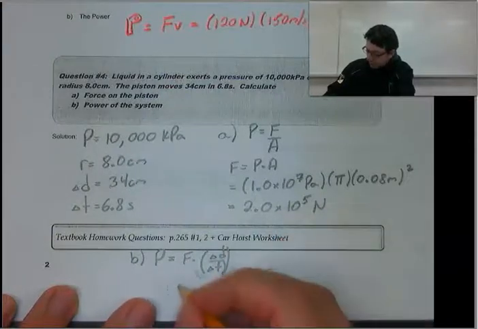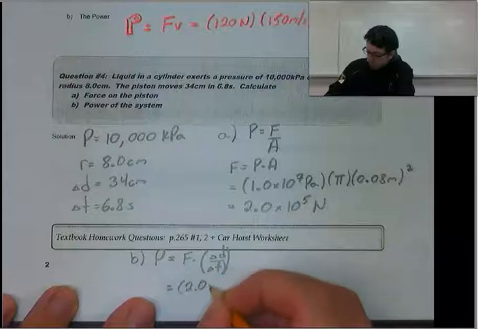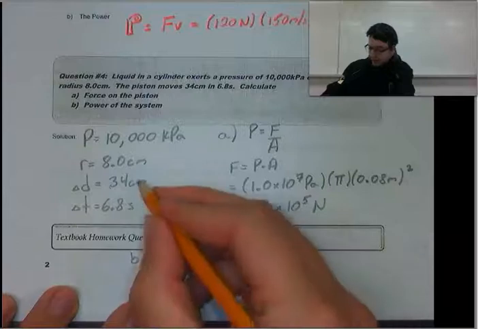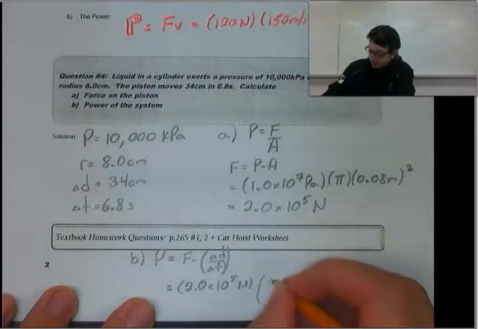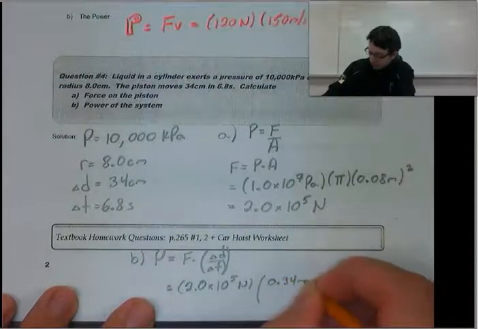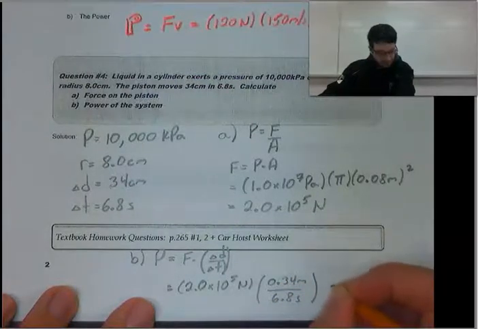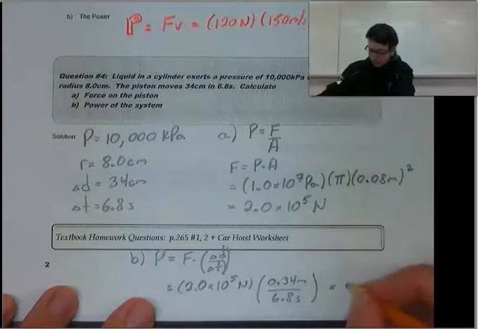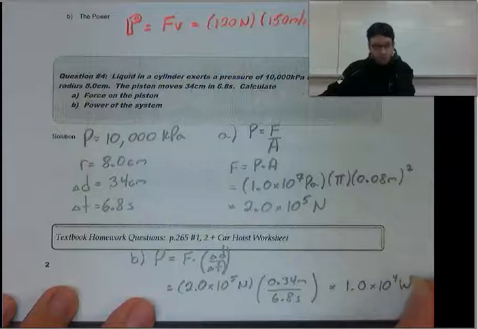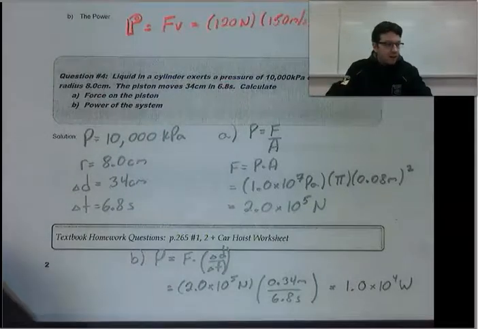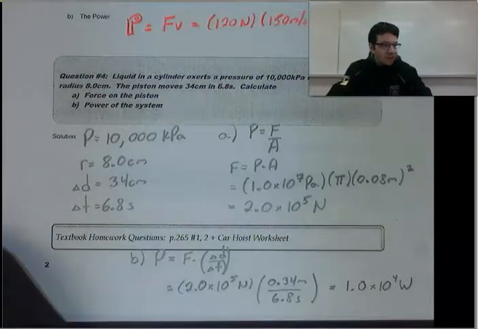Which equals, so we have 2 times 10 to the 5 newtons multiplied by, again, we're going to change this to meters, so 0.34 meters over 6.8 seconds. When we do that, we get 1 times 10 to the 4 watts. Okay, so a lot of math in this question, a lot of new terms, but we're going to do some simulations tomorrow to help